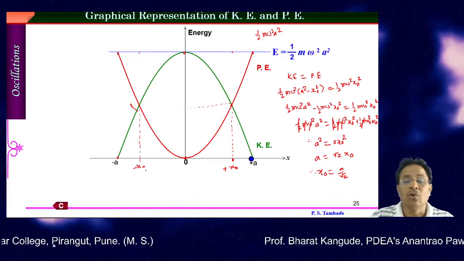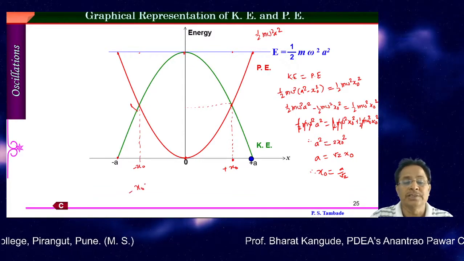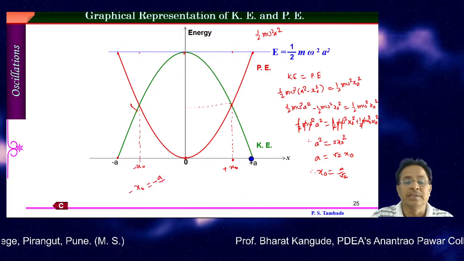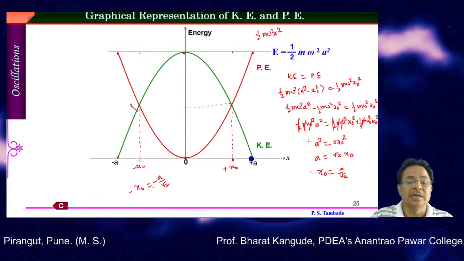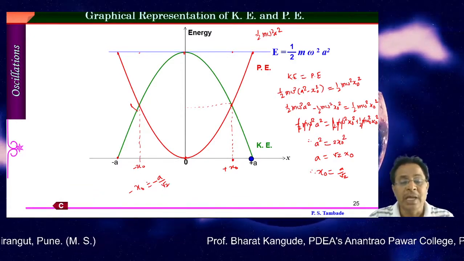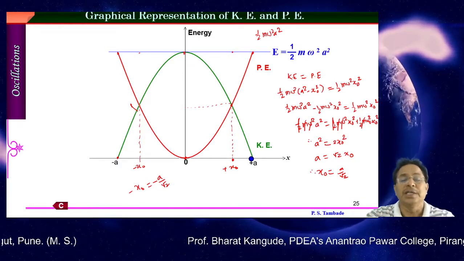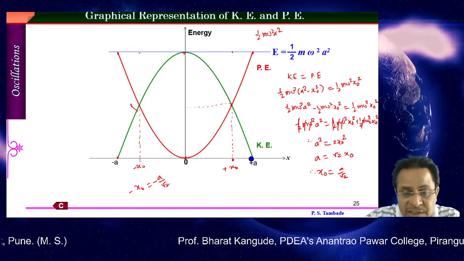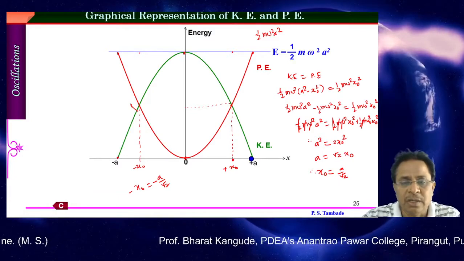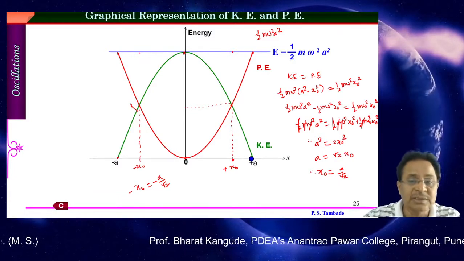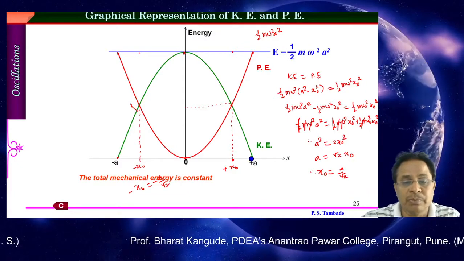Same thing here, if I go for a similar calculation here, it also appears to be x0 equal to minus A upon root 2. So this distance from the mean position is at minus A upon root 2, and this is another location where the potential and kinetic energy of the oscillator are found to be the same. Now these are some typical facts where we are calculating energy, where certain questions will be asked in the examination. So you have to be very careful about this type of example.